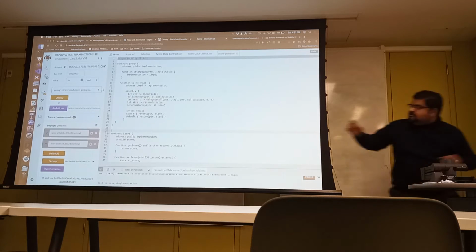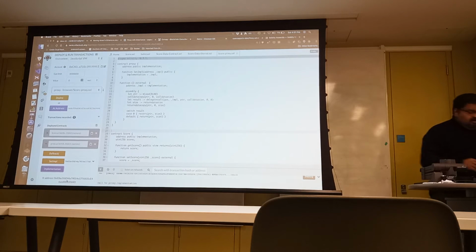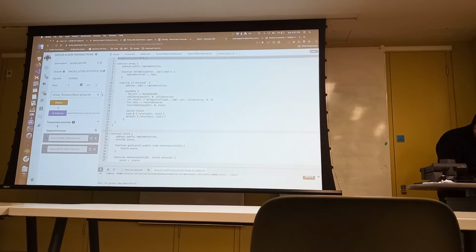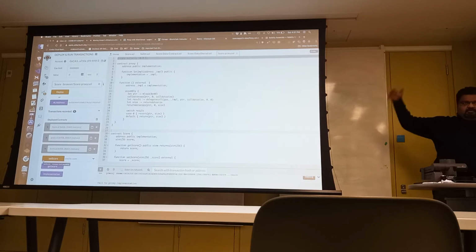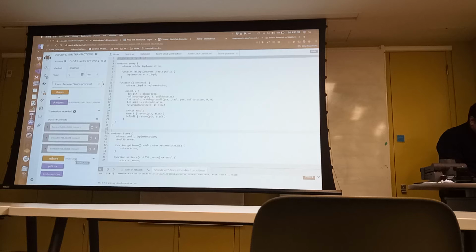So in the implementation variable at the bottom over there, I can see the address of the proxy, right? Now, I take this proxy address and I put it out here, and essentially I'm telling Remix that my score contract is now available at this address, right? So as far as Remix is concerned, it is going and looking at the score code and saying that okay, it's at this address. So when I go and set the score,